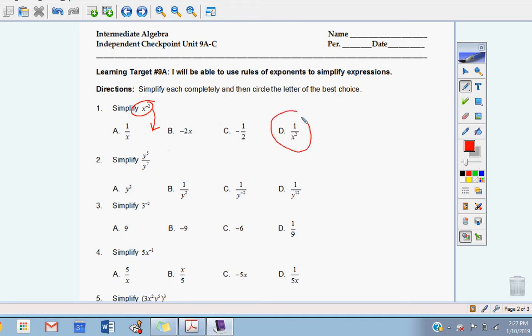So that would be D, 1 over x squared. These are already positive. No negatives, no need to move things around. So it is bottom heavy by 2. So that would be B, 1 over y squared. All right,